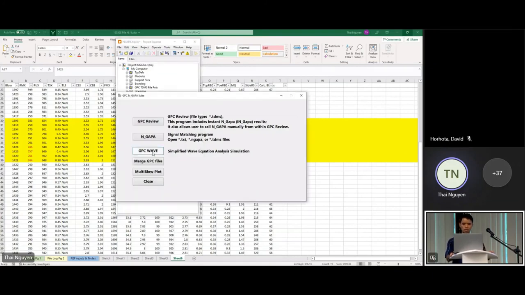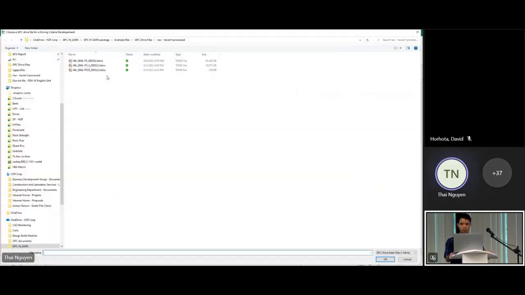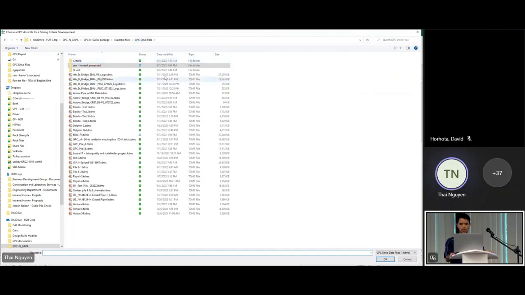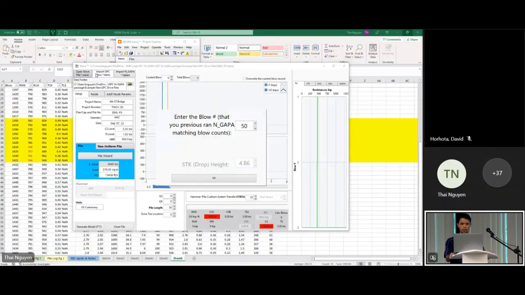So now let me open GRLWEAP and import GRLWEAP blow TDMS. So import, and that file is this file, which I just saved 10 minutes ago here. So open that file, blow 1245, or 1425. So when I click that, the stroke height from